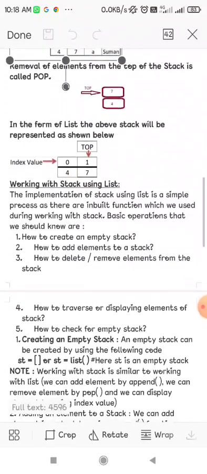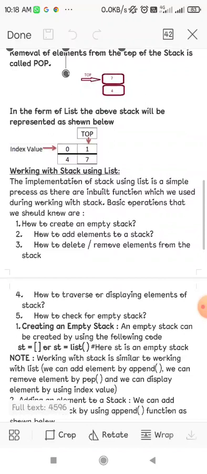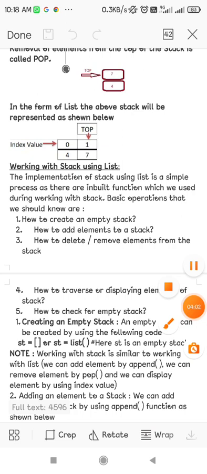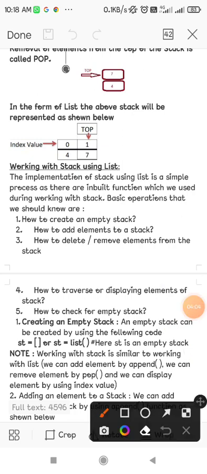Now the question arises, how can we create a stack? There are many ways. We may create an empty stack like we create a list. As we create a list, in the same manner we may create a stack, st equals empty brackets, or the list keyword is also used to create a stack.